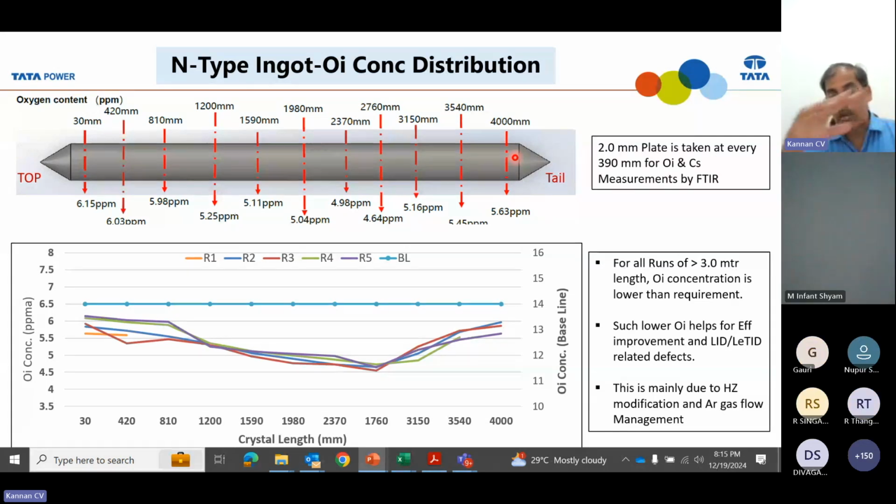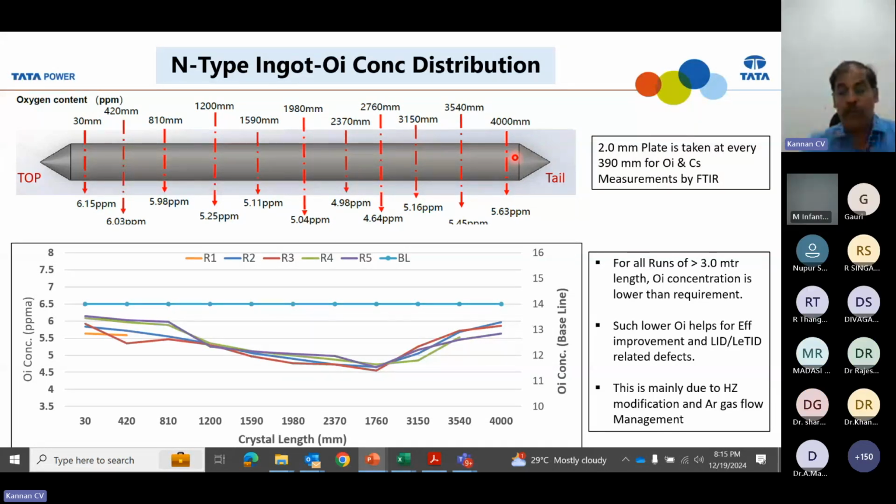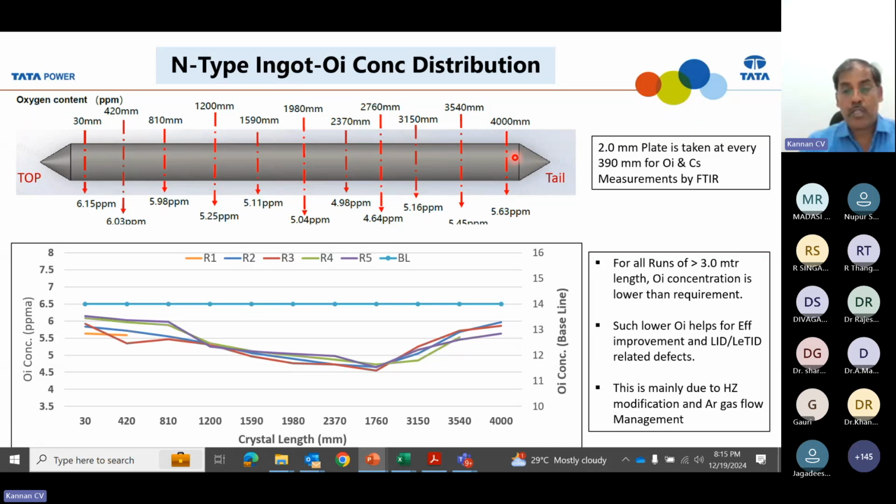So the oxygen and carbon concentration profile from top to bottom will change according to the growth environment and the process parameters, how fast you are pulling and how big you grow the ingot. All those parameters will determine these three things: resistivity variation from top to bottom, and carbon and oxygen concentration, right? And as I said,